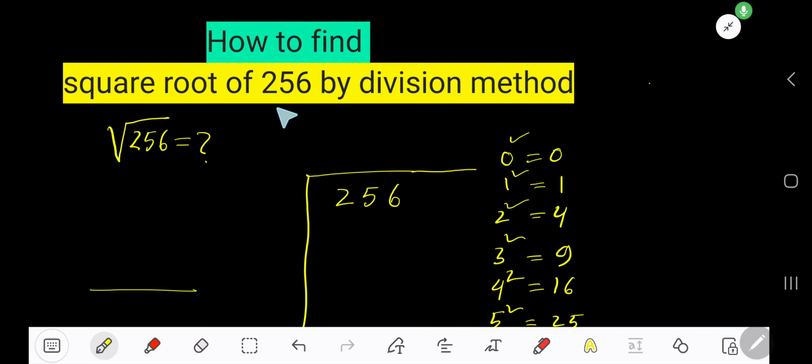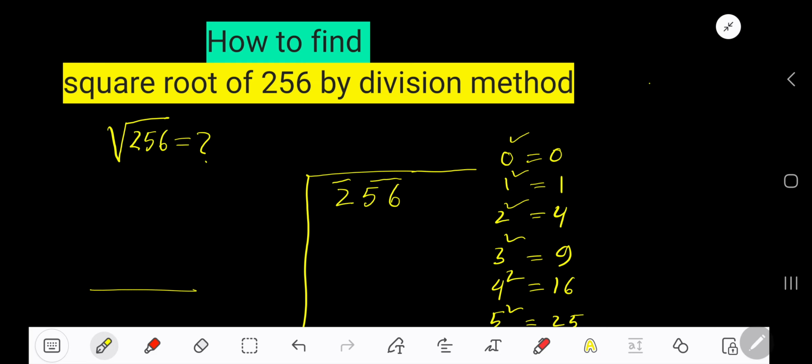To find the square root of 256 by the division method, first make pairs from the right side to the left side, that is, from the ones column to the higher column. So this is your first pair, then this is your second pair. In the second pair you have only one digit, so you can consider a 0 there, which doesn't have any value,